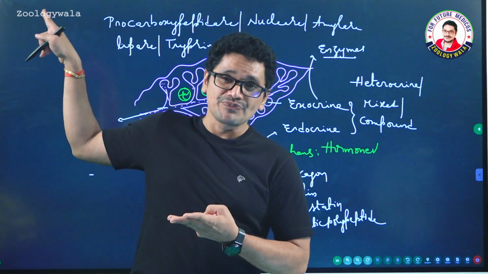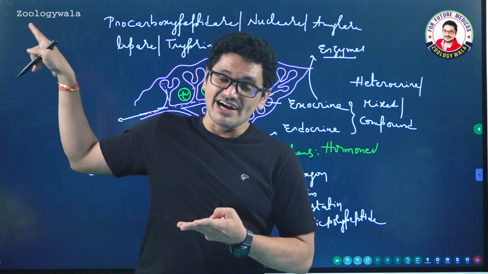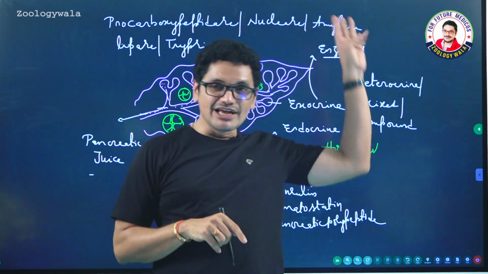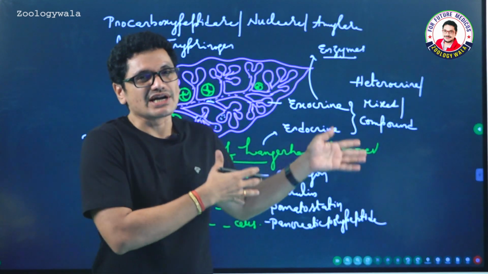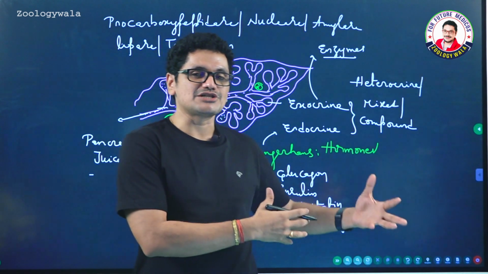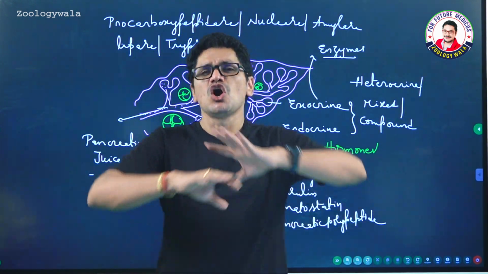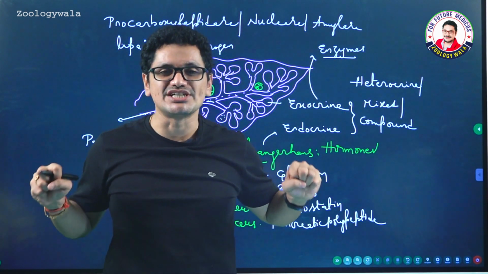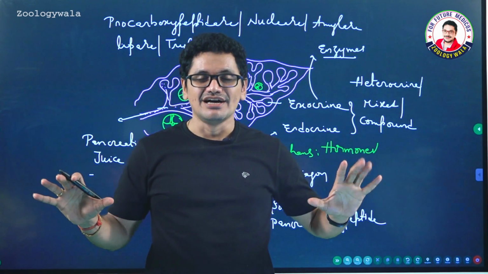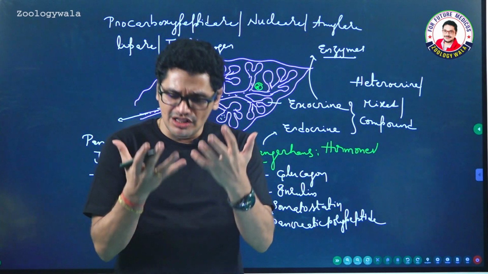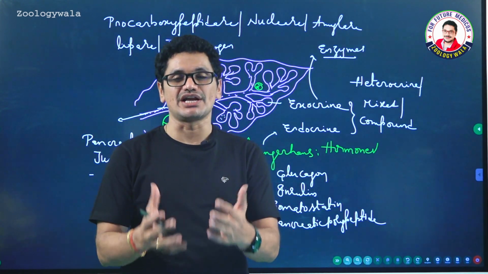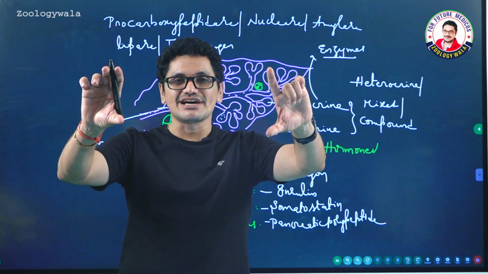Previously we have seen the liver and the functions of the liver, and in another video I explained the secretions of gastric juice, and I explained the secretions of intestinal juice. All these are the enzymes present in the glands, and now we have all the secretions with us which help in digestion. Let us begin the physiology of digestion